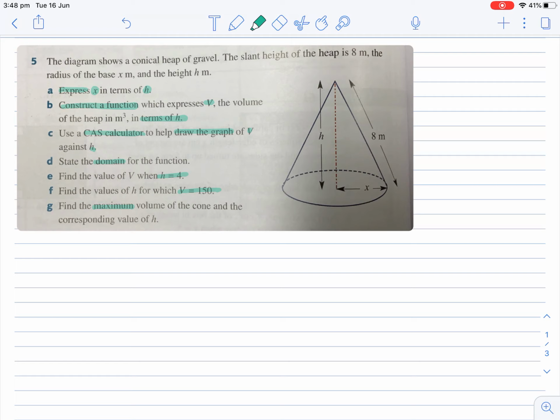Okay, so let's actually start working through this problem. I've got the diagram already there for me, and it's already a three-dimensional diagram, so I don't need to do too much. But I'm going to do one thing, and I'm going to separate out this right angle triangle that I can see in the problem,